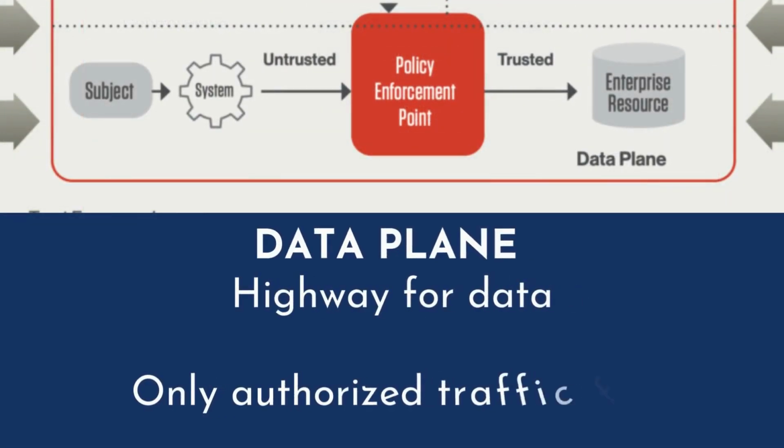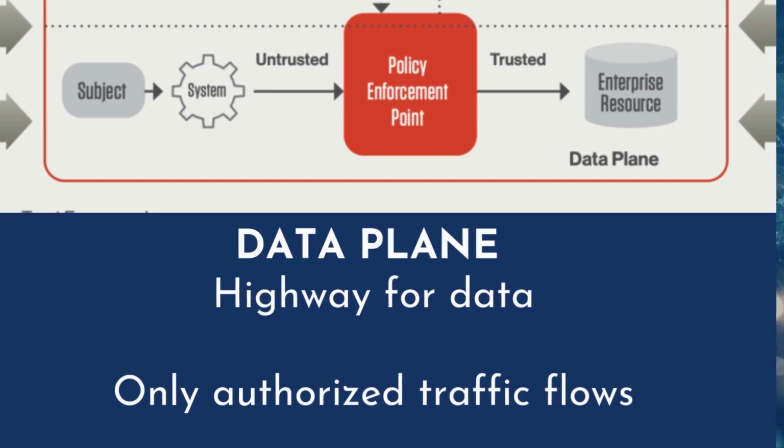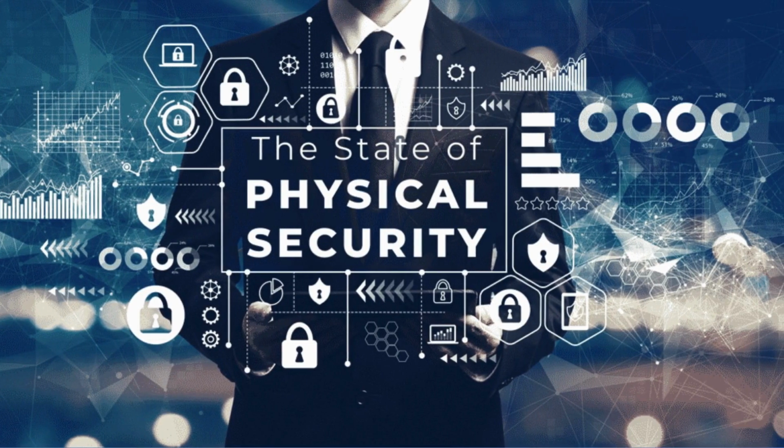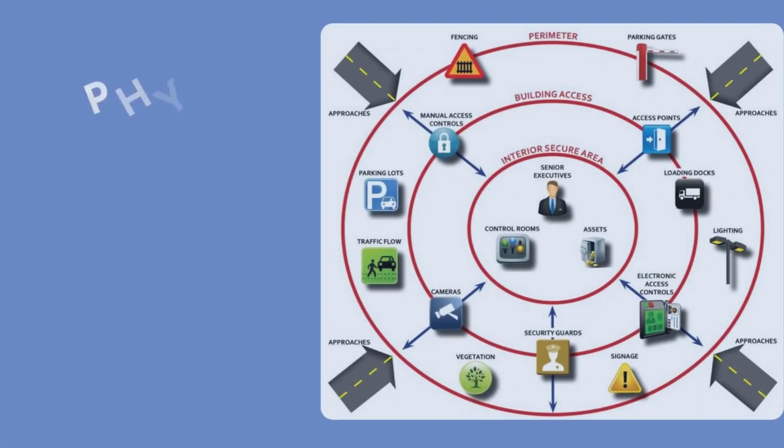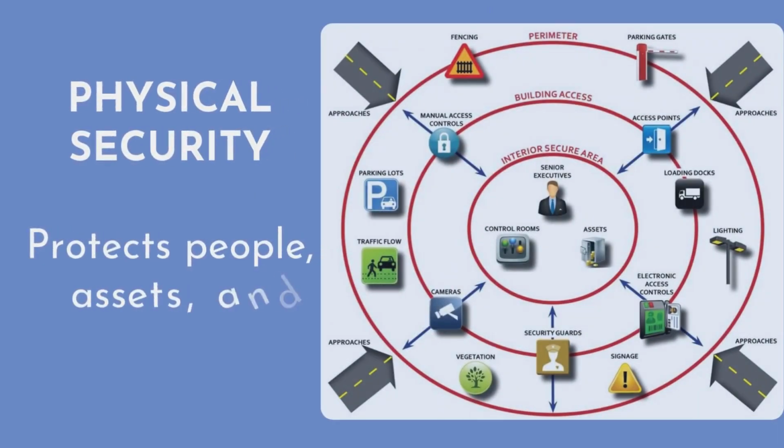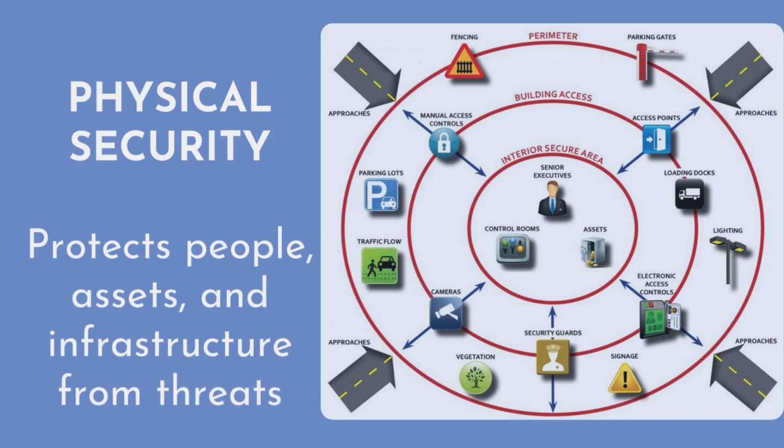The data plane ensures that only authorized traffic can go through the network. Now, moving on to physical security, which we talked about a little earlier. It is useful to protect the people, the assets, and the infrastructure from threats. Aspects of importance include